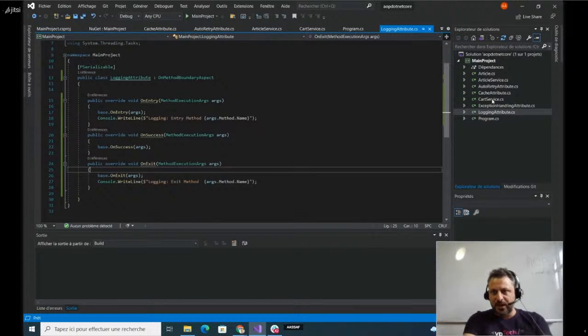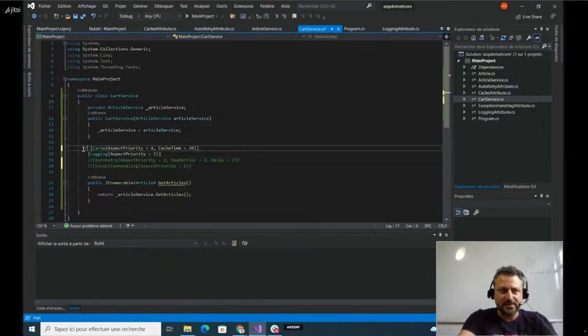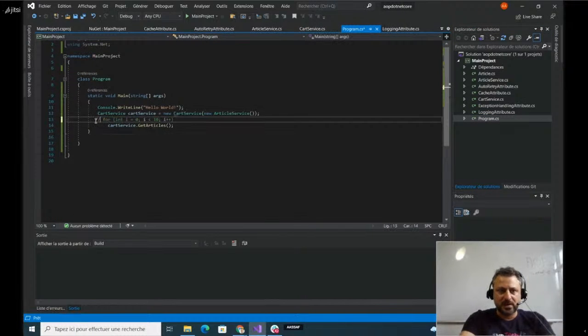So let me now return to my service, and I will comment out the other aspects, and we'll have only my logging aspect. So here in the program, I instantiate my card service, and I call my method GetArticle.